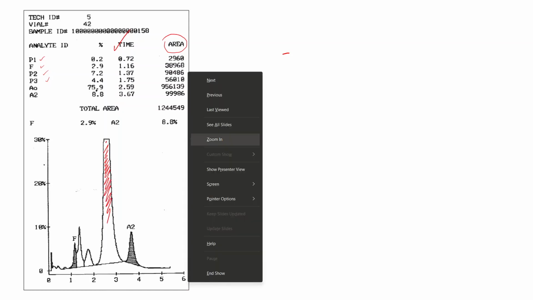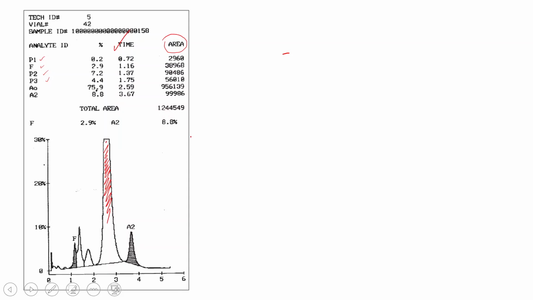We will start with this one. Mostly, you should know or remember the retention window, but in a normal HPLC graph, along with the graph, all the retention times and percentage counts are given. As you can see, for every curve like P1, F, P2, P3, the retention time has been given and the area under curve has also been given, and depending on that area under curve, they have decided the percentage of the hemoglobin present. Here the main bulk of the hemoglobin variant is HbA, comprising 75.9%, followed by A2, which is 8.8%,